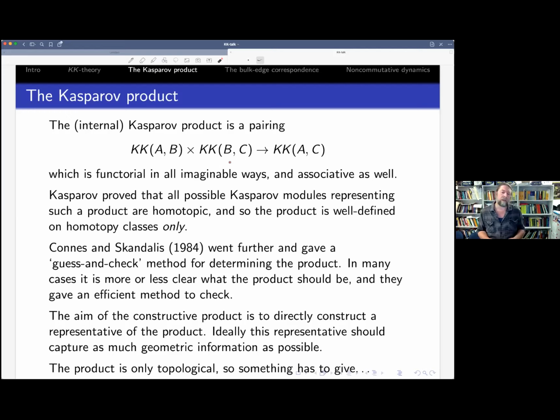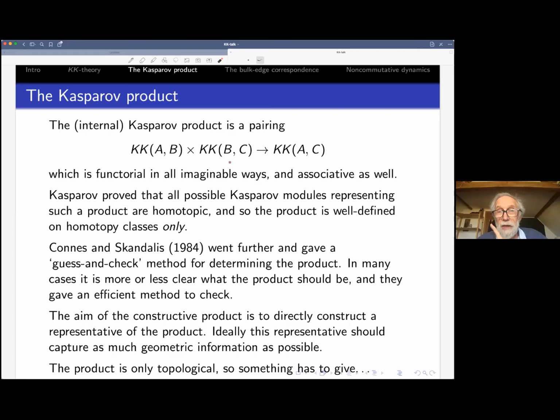In '84, in the longitudinal index theorem for foliations, Skandalis introduced a sort of guess and check method for determining the product. The idea is you often know what the product ought to be for geometric or topological reasons, and you want a clean way to prove that that is in fact the answer. And so they gave criteria there. What we're trying to do is actually figure out when you can write down a formula in terms of